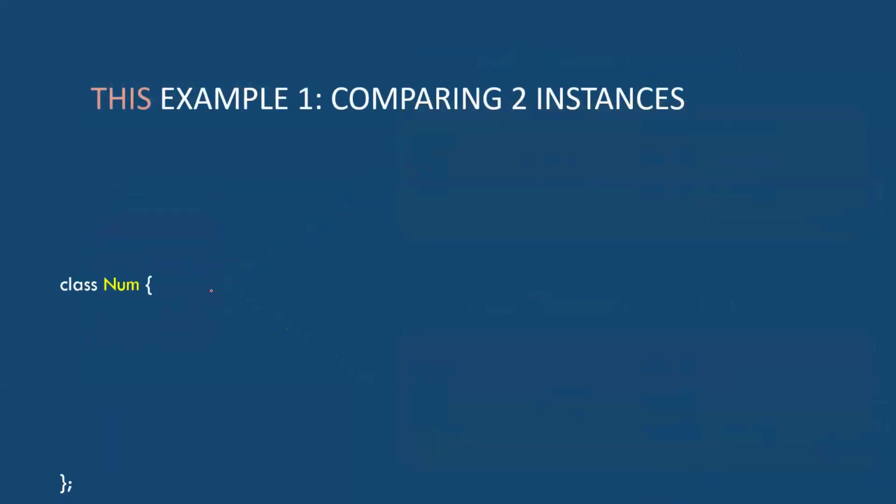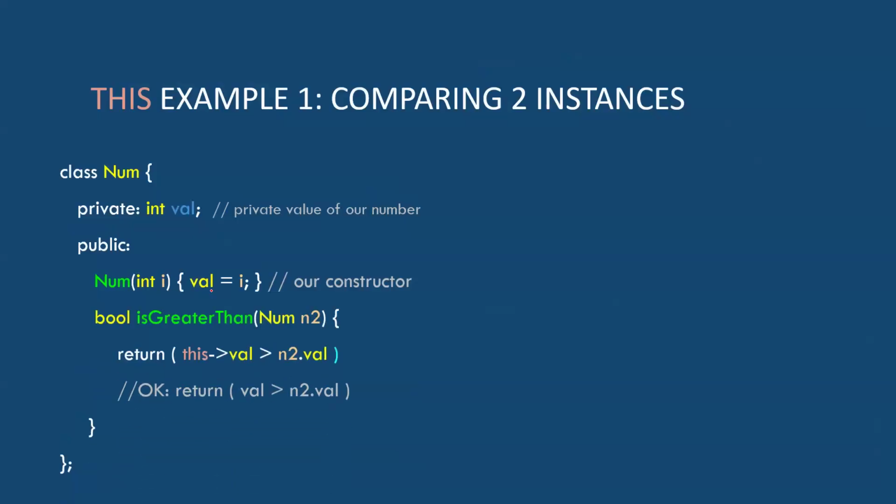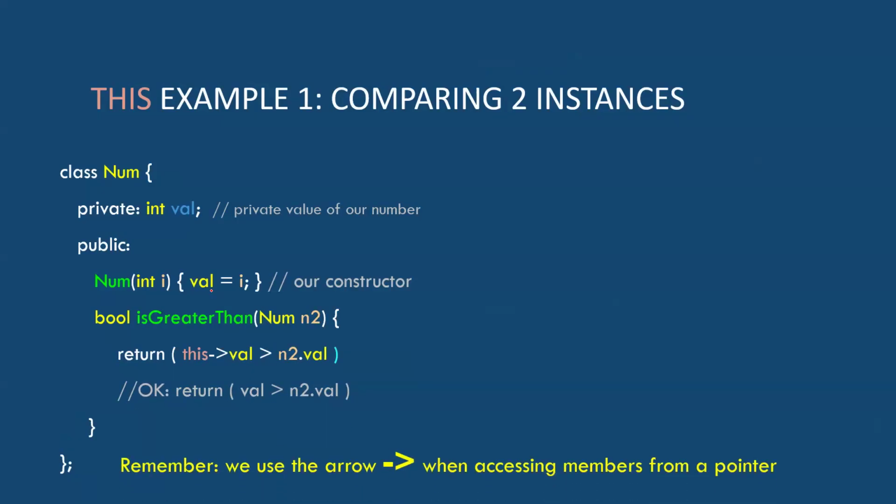Here's our methods. Okay. Comparing two instances. So if I want to compare two instances, let's take a look at this class. It's got a private thing similar to what we did. If I'm comparing whether the argument you gave me is greater than myself, and I know I just have one data member, I'm going to return the answer to this question. Remember, this is a question. Is this greater than that? True, false. Okay. So it's just going to return the answer to that question, right? So it's a good shortcut. You don't have to do the if else there. Just say return the answer to the question.